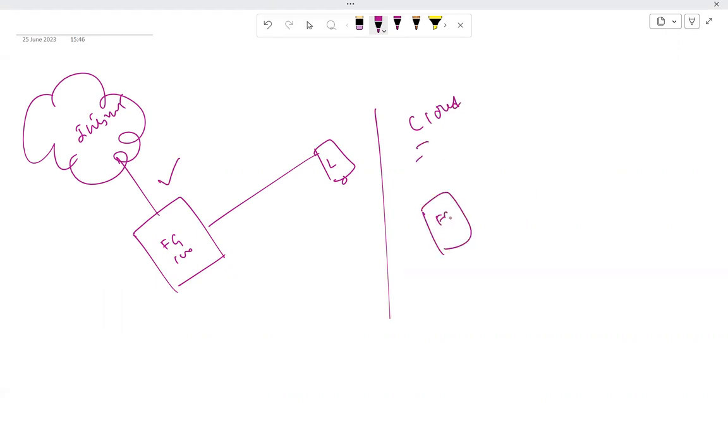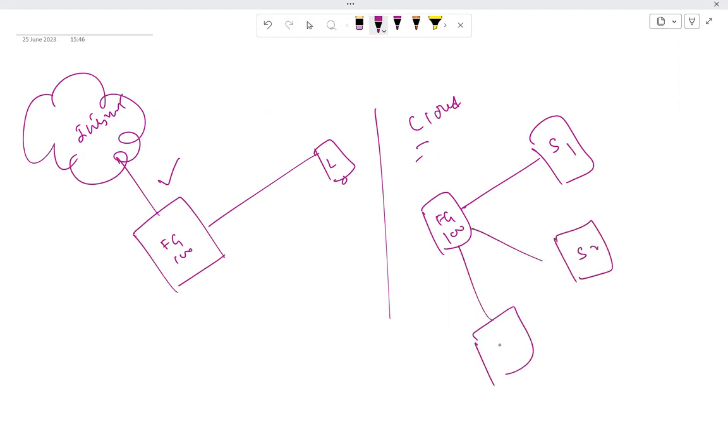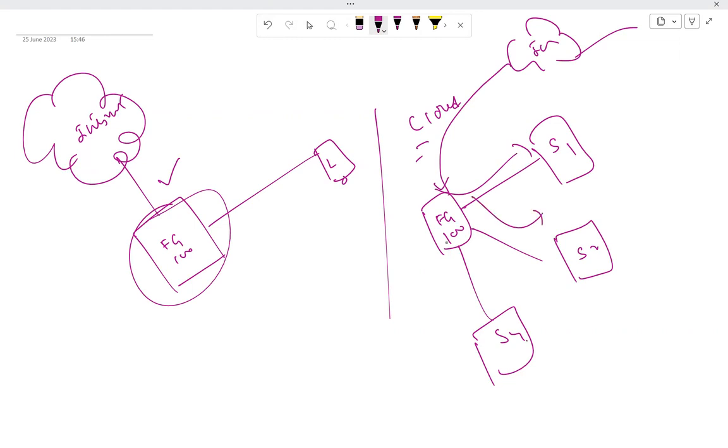Let's say we have one firewall which is similar to the 100F or has the same sort of capacity, and it is on the cloud. Here I've deployed my application servers: server 1, server 2, server 3, server 4. Whenever people try to access these servers from the internet, instead of coming to the on-premises side, they come to this cloud firewall and get access to the servers. And if you want to connect these two firewalls,